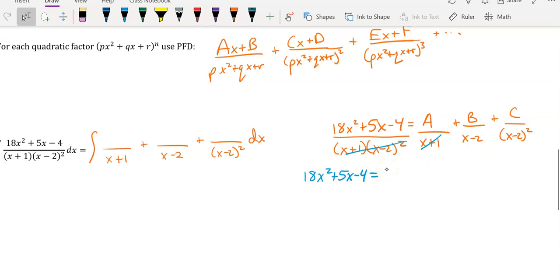So I'm going to go ahead and distribute up here. So x squared minus 4x plus 4. So we'll have ax squared minus a times 4x plus 4a,